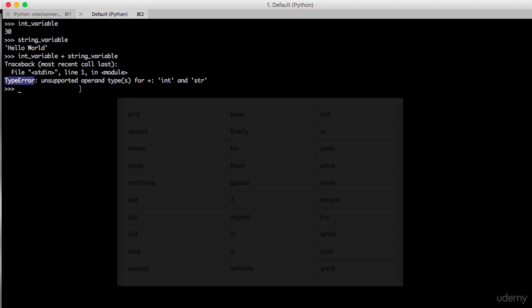There are many types of errors in Python which come out of the box. You can learn them in our future tutorials. So arithmetic operations can be performed on same data type variables, but not different data type variables. You can perform different arithmetic operations like multiplication, addition, and subtraction, etc.